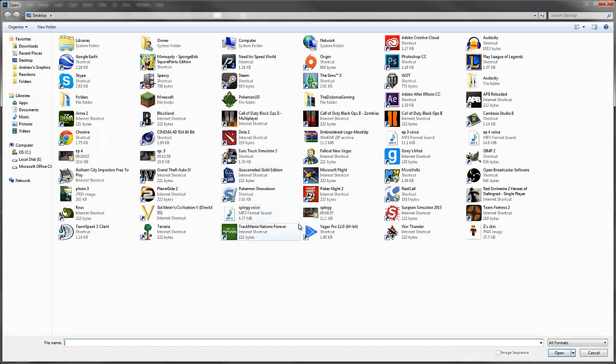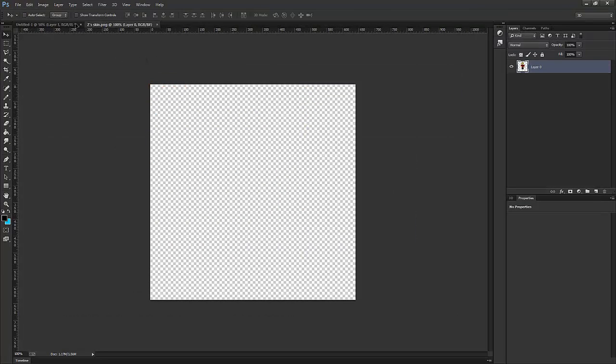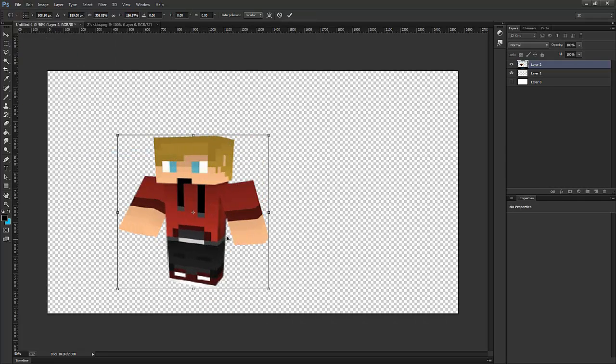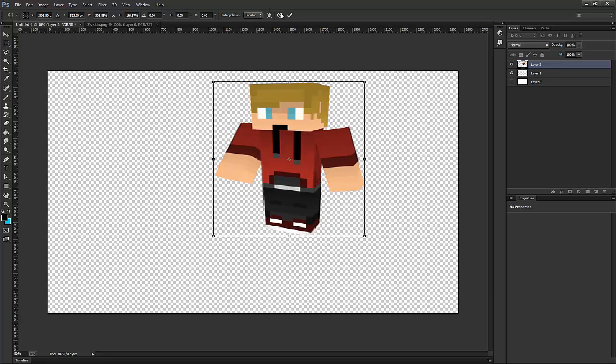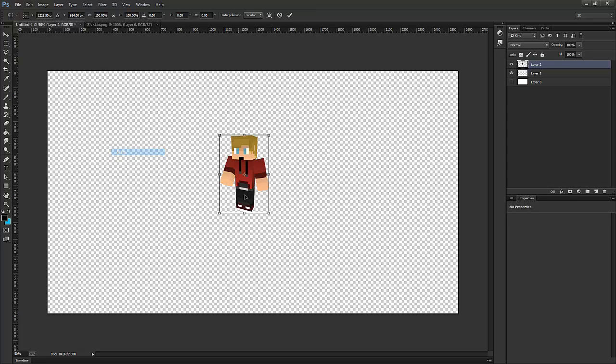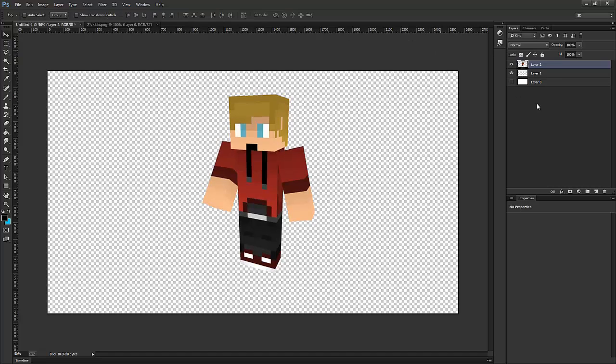So we're going to file, open, and we're going to open that skin. There it is. So when you have it, you're just going to drag it into your main document and edit, transform, scale, and scale it to the desired size. We're going to just do it right there and hit that check mark up there, and so you have your skin layer. So to get to the actual drawing part, or in this case tracing because we're using a mouse,